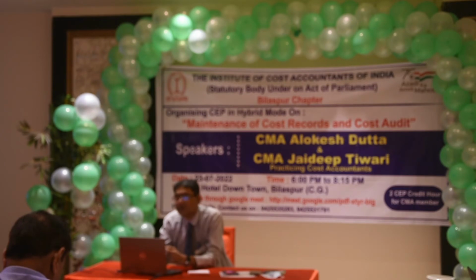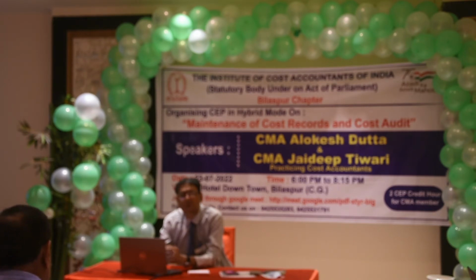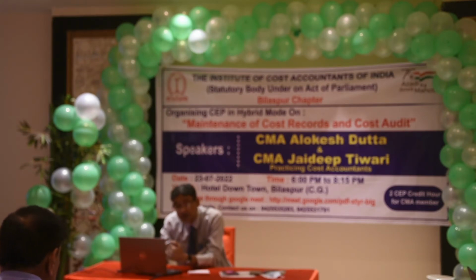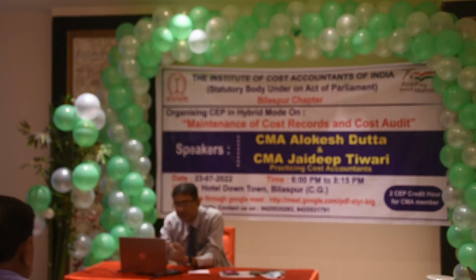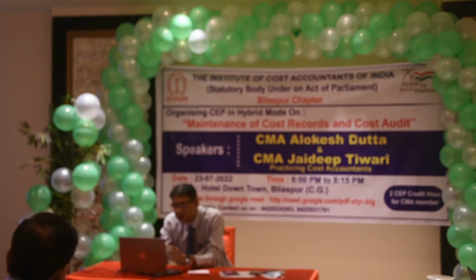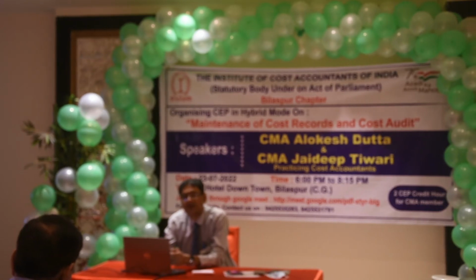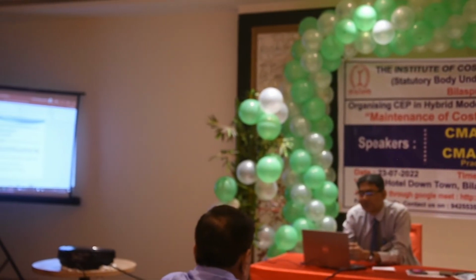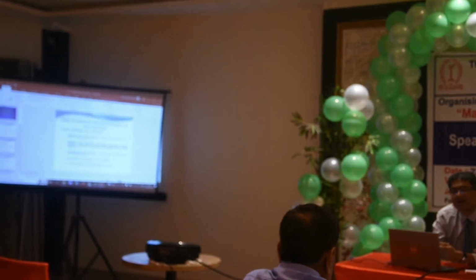And in a company where the cost records are being maintained for the first time and you have to initiate the cost records, cost centers should be reviewed for a period of 2 or 3 years. It's basically a trial and error system where you have to review the cost centers, whether costs have been allocated or are allocable to the cost center or not. If the materiality is not there, then some cost centers can be deleted. But you have to try and maintain as many as possible, so that costs are properly allocated and you have a maximum number of cost centers to control and analyze the costs.